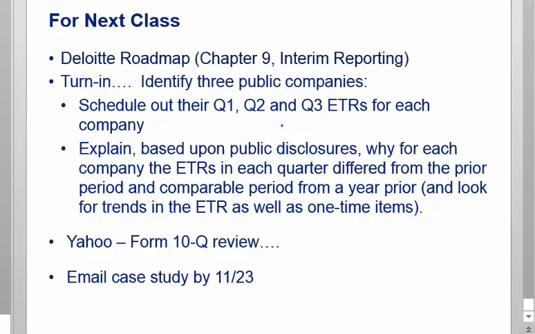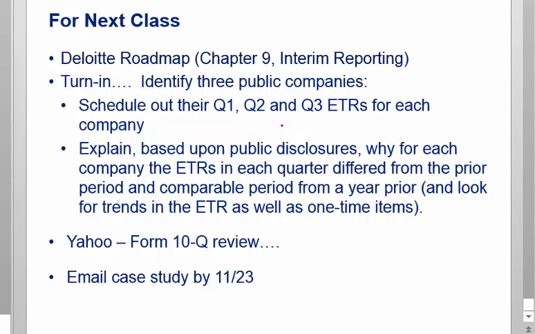And then if you look at Yahoo's, you'll find it's all over the place. There's no rhyme or reason. And if you look at this year's Q1, Q2, Q3, it'll look very different than last year's Q1, Q2, Q3. But if you pulled up those 6 financial statements and tried to understand why, I'll bet you'd be able to figure it out. Or at least the macro concepts. Obviously, you're not going to be able to figure out the details.